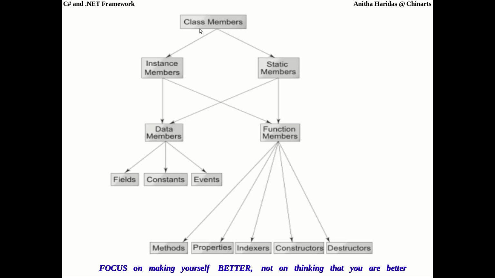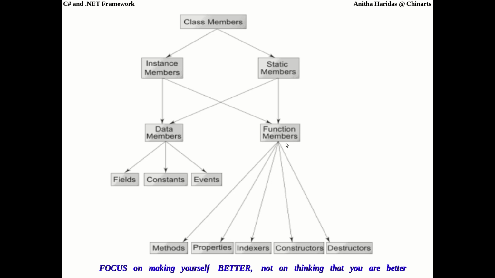So in general, your C# class members can be instance members or static members. If they are instance members, again it can be a data member or a function member. Even for static members, it can be a data member or a function member. If you take data members, these are the three types we can have. You can have a field, which is nothing but an instance variable, or you can have some constants, or you can have some events declared as a data member.